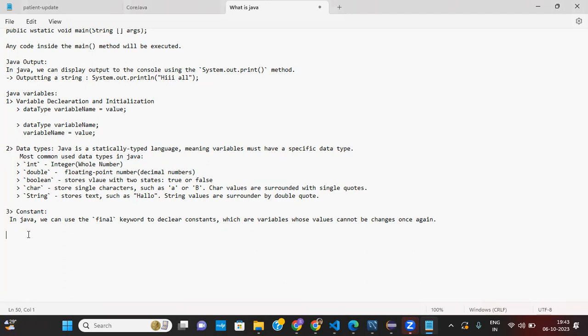So in Java, there are several built-in data types that can be used to declare variables. Okay.